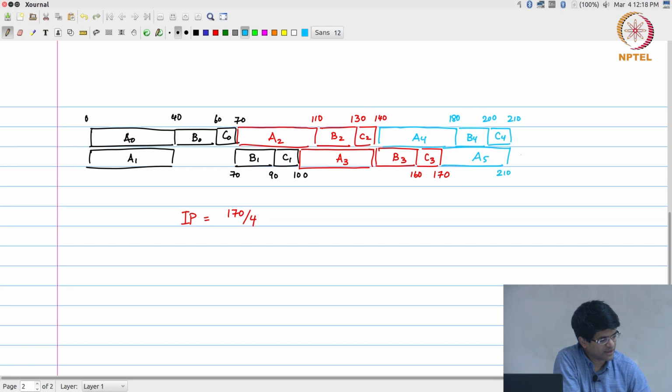A5 up to time 210, B5 up to 230 and C5 up to 240. Now what is the iteration period? It is 240 divided by 6. So this is 40. This previous one, 170 divided by 4 is 42.5,